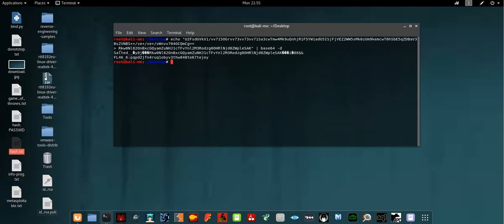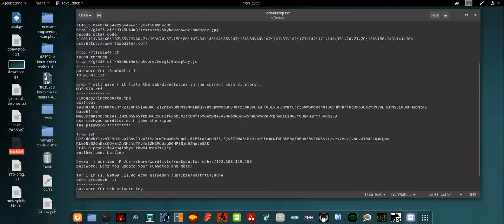Here we got another base64 salted text or message, and there is a flag here. So upon decoding the error code, we got another base64, and it has been decoded as well to give out the flag, which is the 6th flag, by the way. Now, given that we have a username, which is Porio,